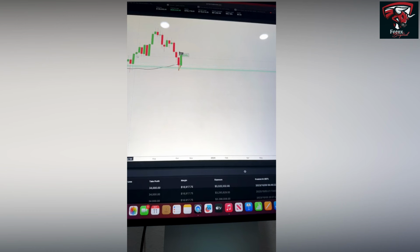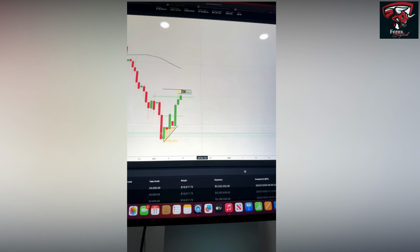Imagine if that closes as a bullish engulfing. That's crazy, right? Imagine the kind of potential that this move actually has. And don't get me wrong, I'm not saying that I wouldn't mind holding, but at the end of the day, this account was